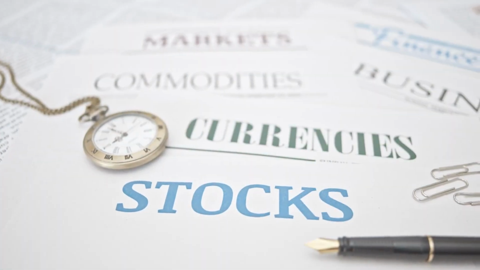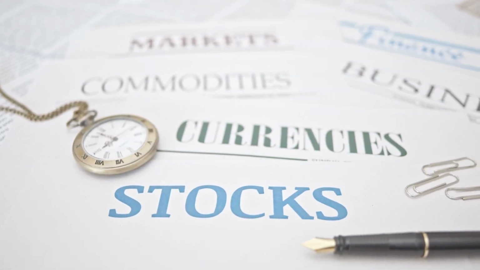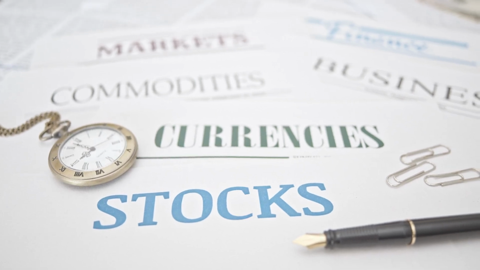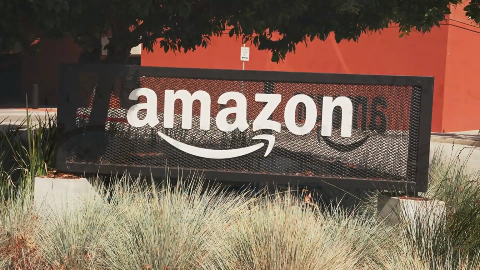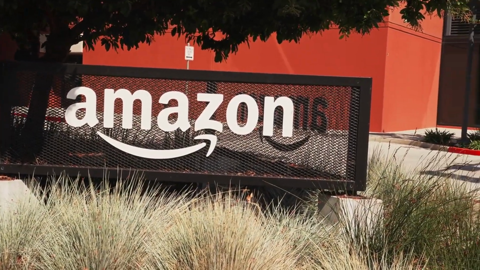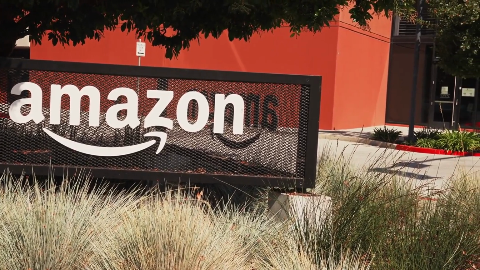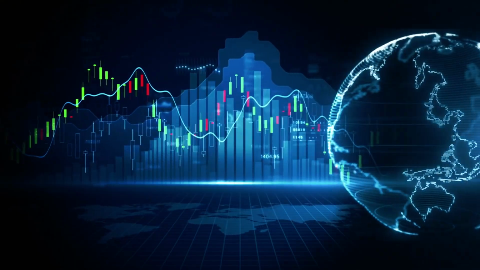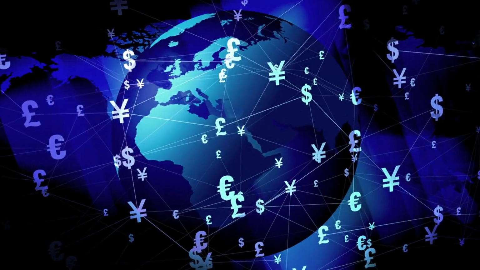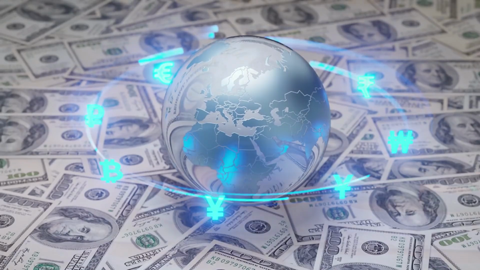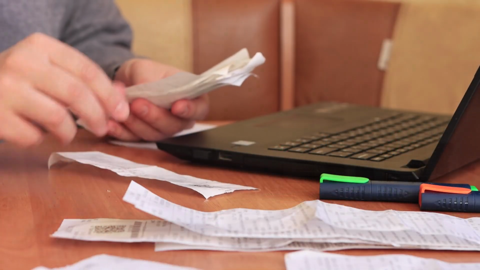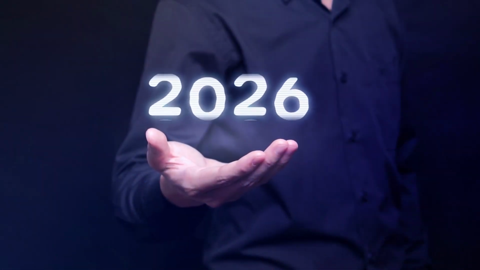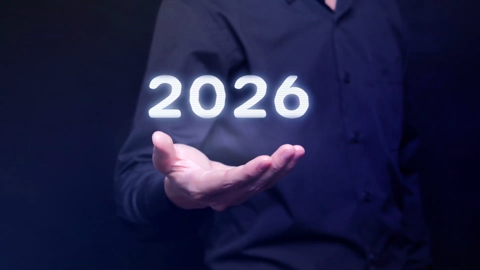International investing refers to buying financial assets such as stocks, ETFs, bonds, or mutual funds listed in foreign markets. For example, an investor in Pakistan or India may invest in U.S. companies like Apple or Amazon, European stocks, or emerging Asian markets. This is typically done through global brokerage accounts, international ETFs traded, mutual funds with global exposure, ADRs, American depository receipts. The goal is simple: reduce dependency on a single economy and capture global growth opportunities.